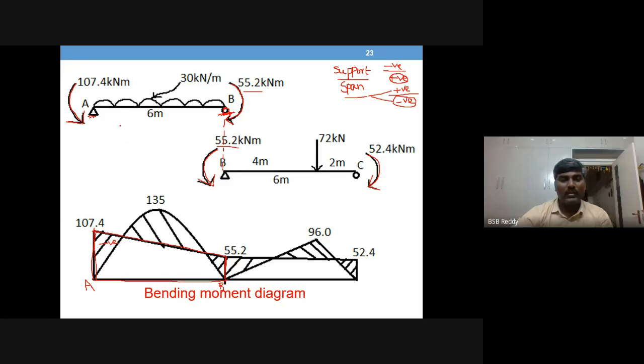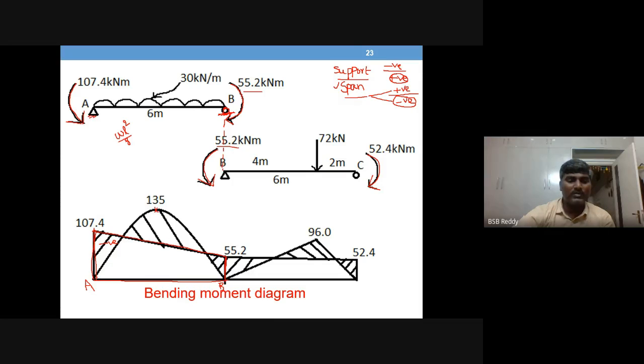Now draw span moments. What are span moments? It is a simply supported beam with UDL. So you will get a parabola, and the maximum value will be at the center. The value of maximum bending moment is WL square by 8. So that is this value,